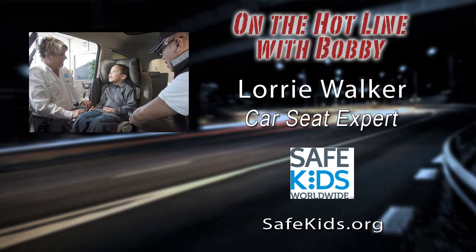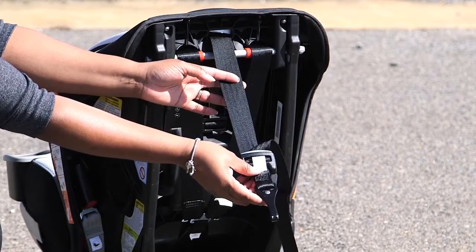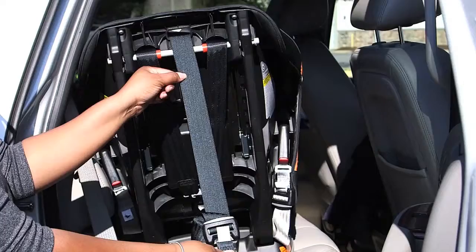You can put in your child's initials and their age and weight and get all the information specific to that age and weight, or you can just go in and do it as a general website where you just look at kids who are rear-facing, forward-facing, booster age, and then into the seatbelt. So if you go to safekids.org, you can just click over onto Ultimate Car Seat Guide, or you can go there directly at